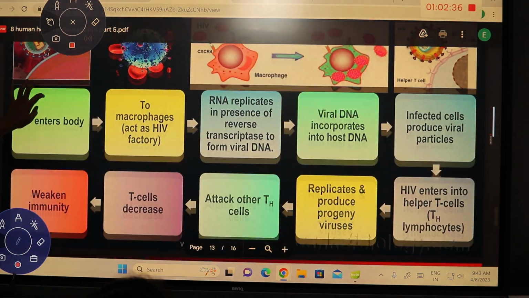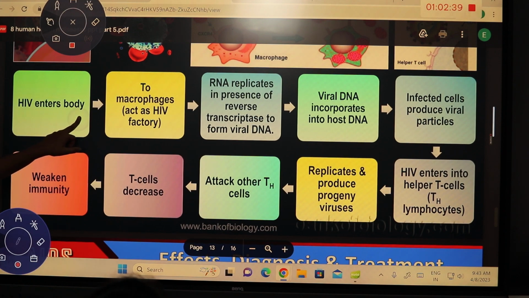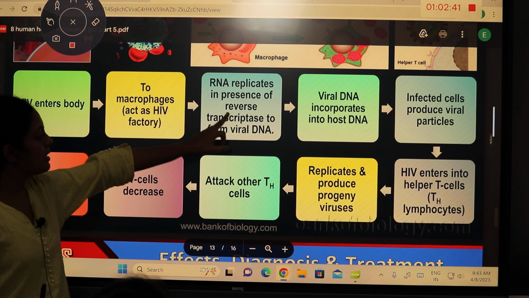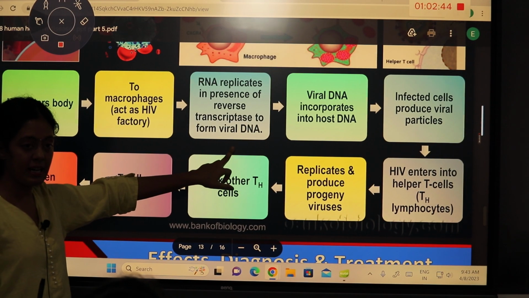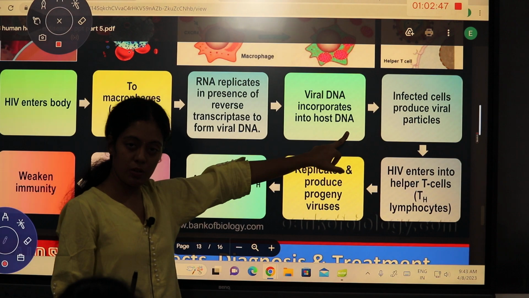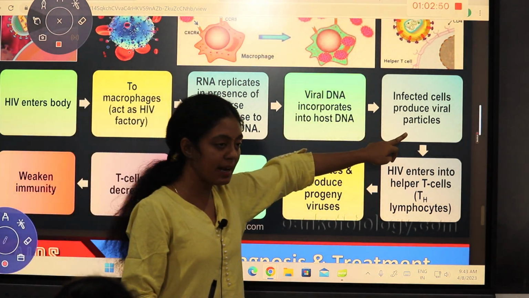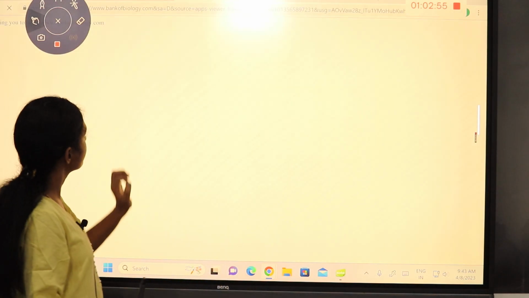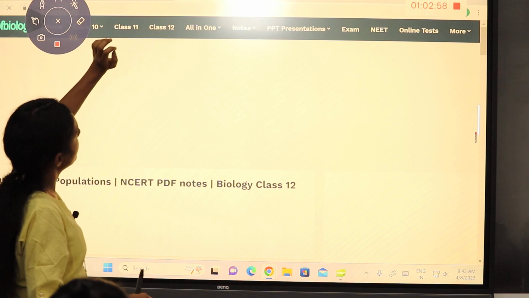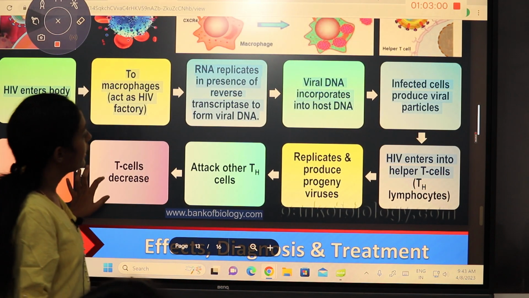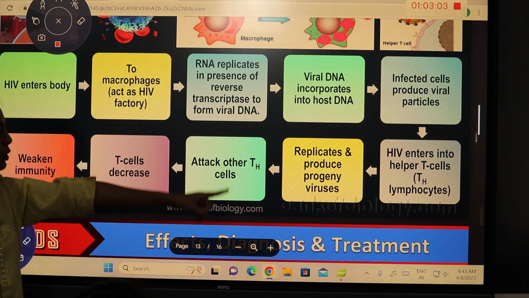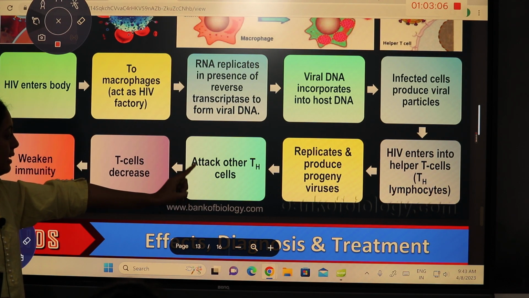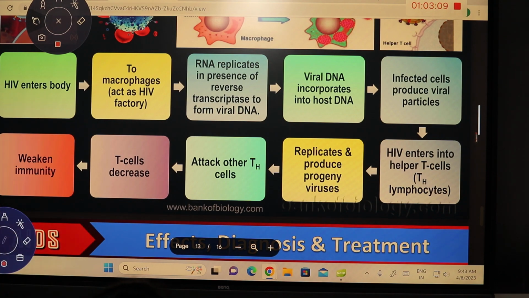So this is the life cycle. HIV enters the body. RNA replicates in the presence of reverse transcriptase to form viral DNA. The viral DNA incorporates into the human DNA and it produces viral particles. The viral particle enters into TH cells and produces more virus. This virus is going to again attack your TH cells. Your entire T cell level decreases. When T cell level decreases, automatically the antibody production